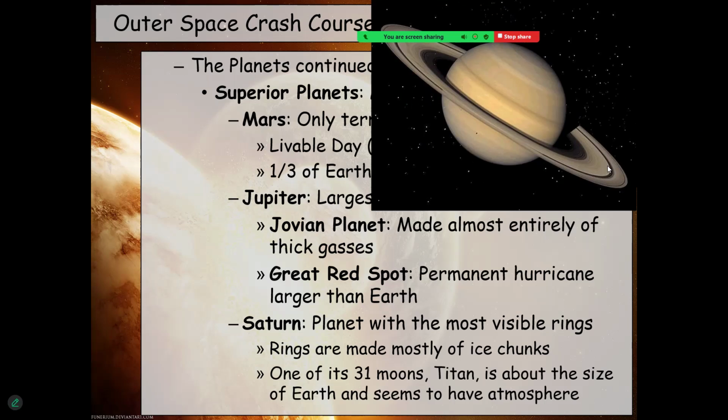Saturn has a ton of moons, 31. Actually, Jupiter has more. I didn't really mention Jupiter's moons. Jupiter has like 67 or something like that. Saturn's got a lot of moons, though, too, including one very interesting one, Titan. It's about the same size as Earth. It has an atmosphere. It's not terribly bad temperature-wise. A lot of scientists think that it's actually our best bet for creating a colony, even better than Mars. It's farther, but it's got a lot going for it in terms of being a place that people might live someday.